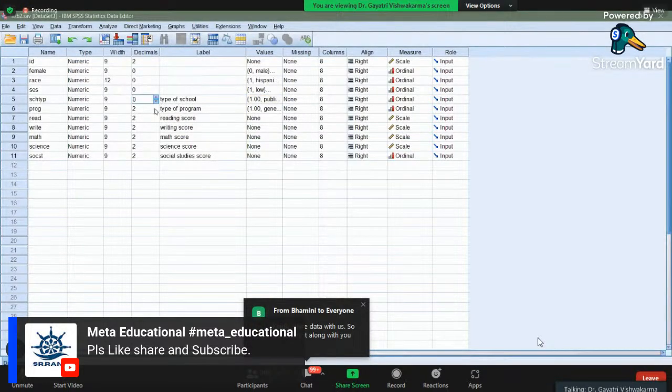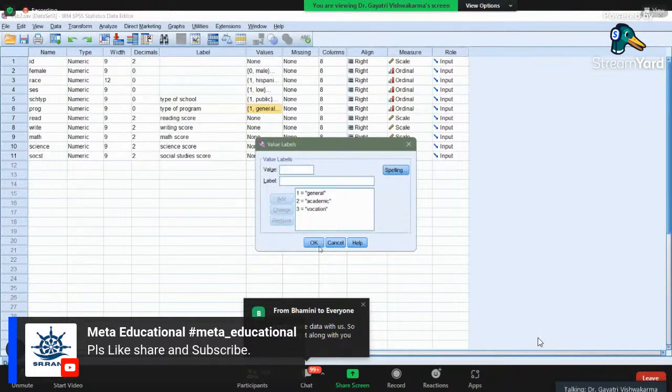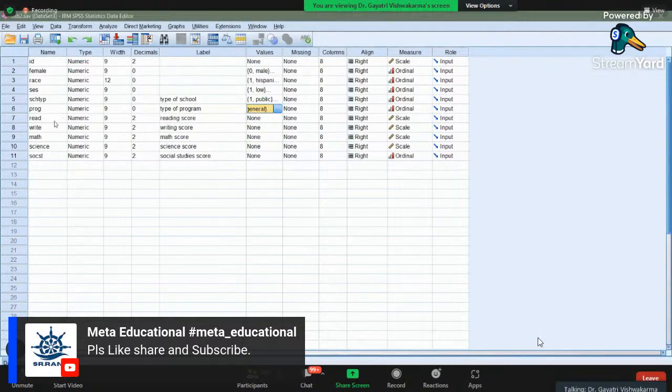And then we have program, in which program they are studying, that means general, academic, or vocational training. And then we have marks of the student in reading, writing, mathematics, science, and social studies.